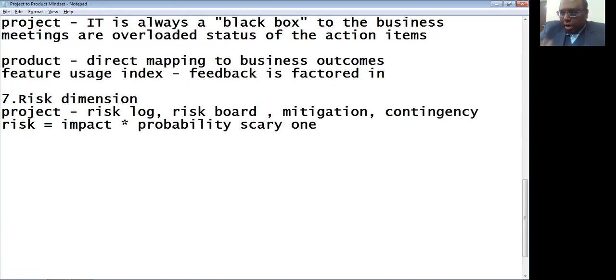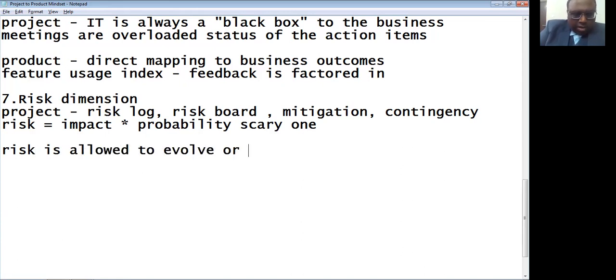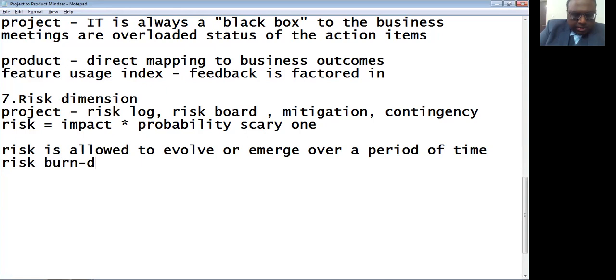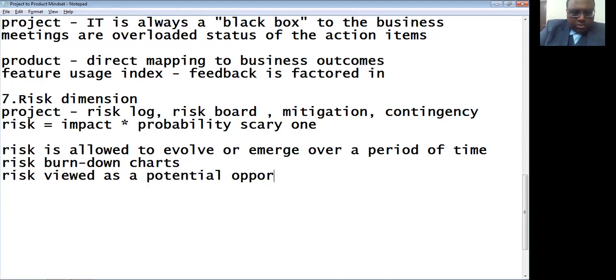Whereas if you are taking a product mindset, even the risk is allowed to evolve or emerge over a period of time. And here you also have your risk burn down charts, right? And here risk is viewed as a potential opportunity, so as to create a differentiator also.